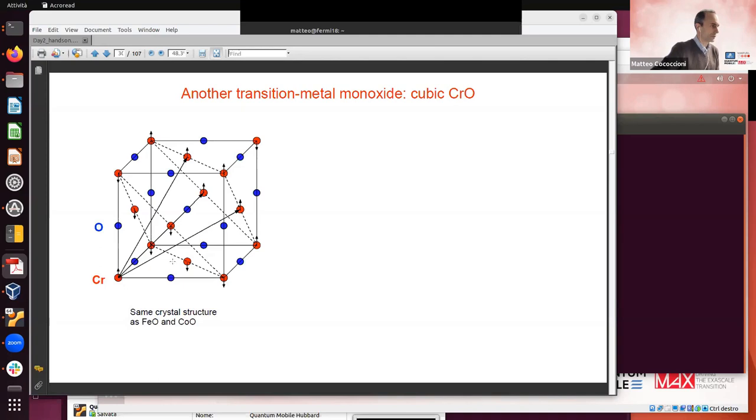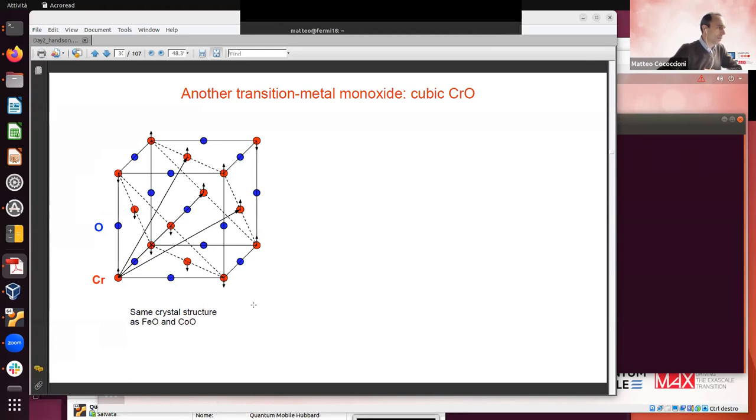Basically, we have a rock salt crystal and the transition metal ions here in red. I have a finite magnetization because of Hund's rule, and in particular, these transition metal monoxides are typically characterized by an antiferromagnetic ground state